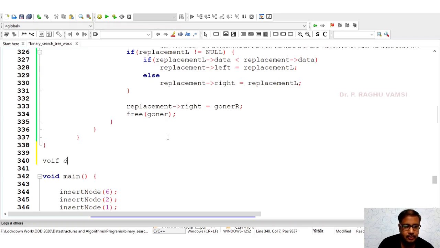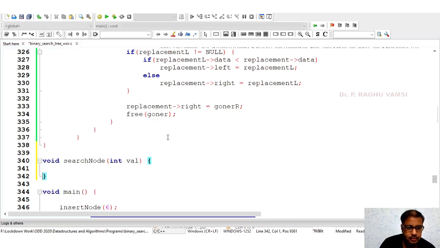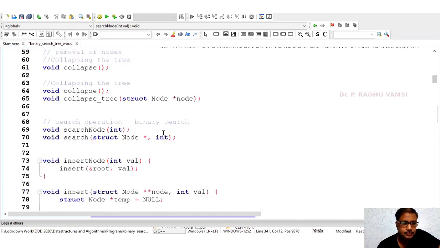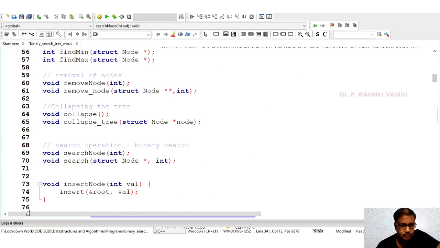void search node of int val. This search node will take the help of the function search. This function is going to be used here.